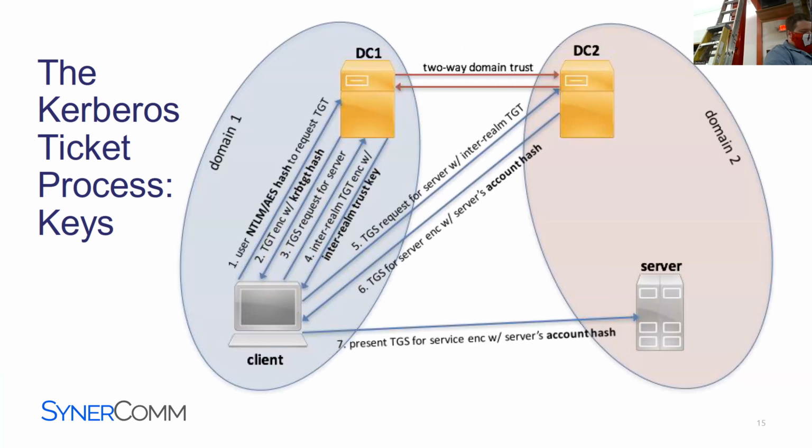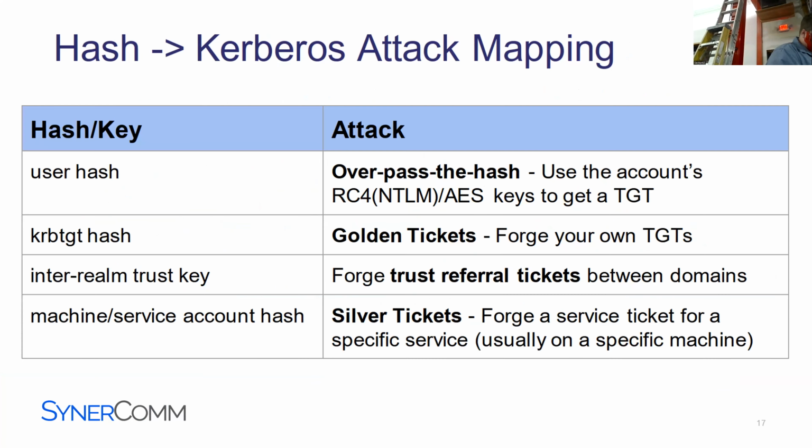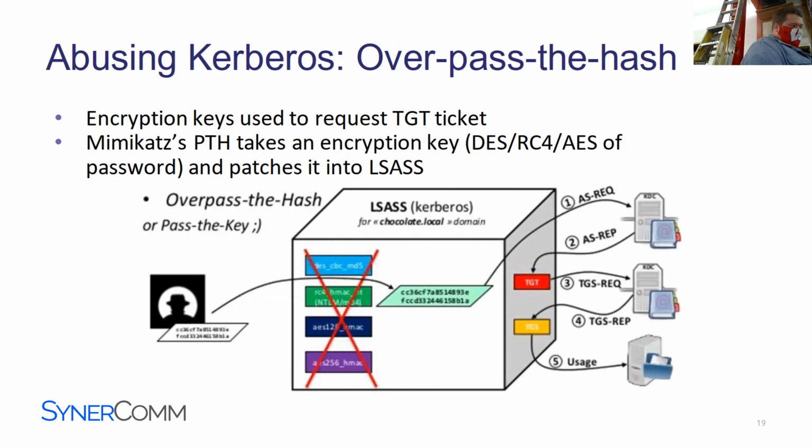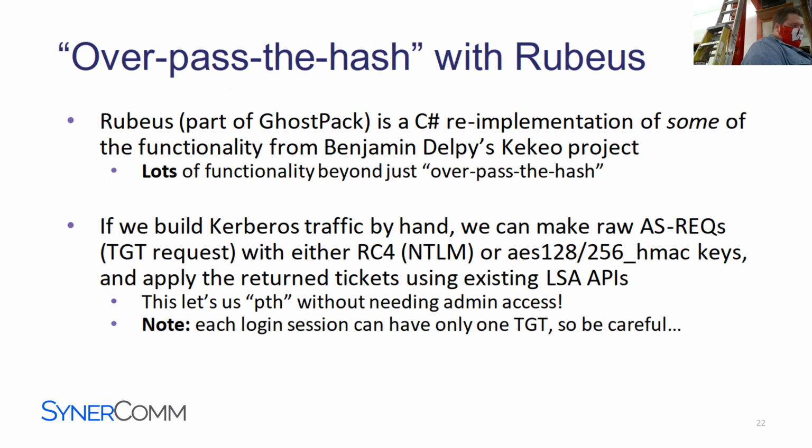This is just another graph of how the whole process works. I will be able to export these slides when I'm done, so if you want something to fall asleep to tonight, this is good material. We're going to skip this slide. Tonight we're going to be doing something like a silver ticket. It's normally found on Exchange servers. It's normally patched the last few times I've seen it in the wild, but occasionally it still works. This is not relevant. Sorry, I did this talk Thursday night too, and I have a lot more time there.